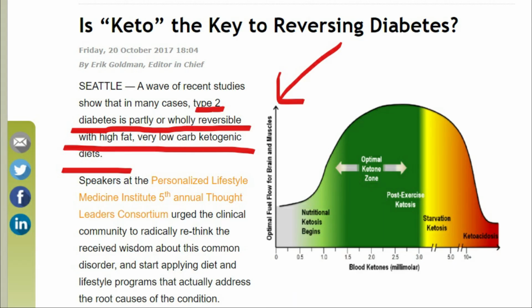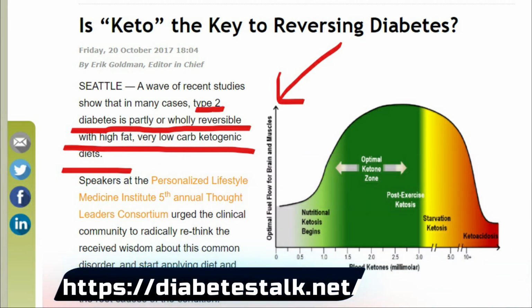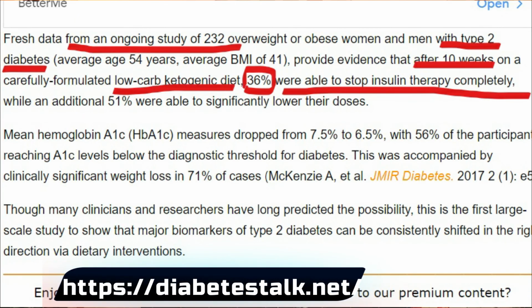my diabetes type 2. Within only the first 3 months of following a strict ketogenic diet, I was already under the diabetes marker. Now, don't just take my word for it. There are plenty of studies that are still ongoing, and they are studying how type 2 diabetic patients are getting off their medications, are reversing their diabetes, all throughout a ketogenic lifestyle.